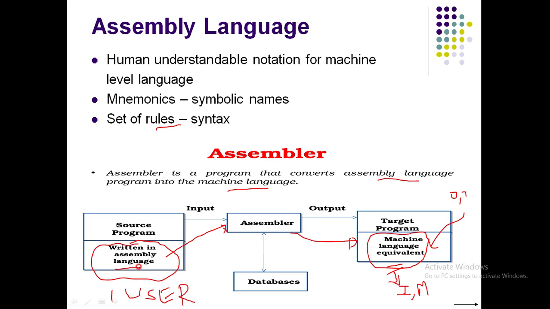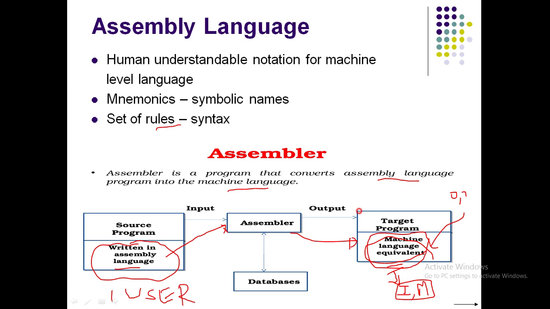Now the very important thing here is whatever the user types, that is called the source program. You can see here, and whatever the output machine language program comes out here, it is called the object program. Another name for the machine language equivalent program is the target program. It is also called the object program. Now these patterns will be taken up by the processor. Whatever the machine language equivalents are, these things will be taken by your processor. For example, we have taken Intel and Motorola, and then they would be executed.